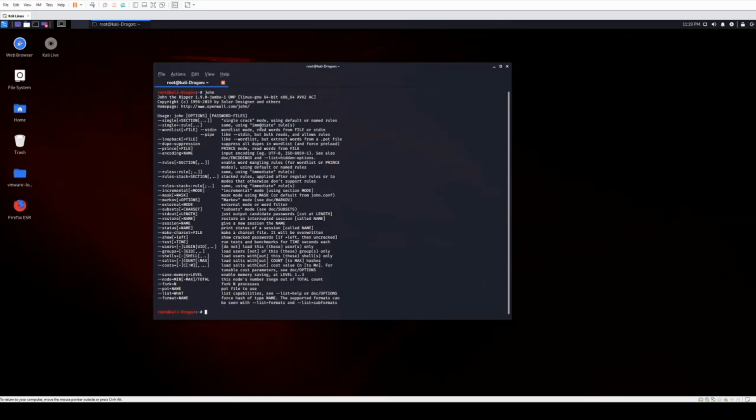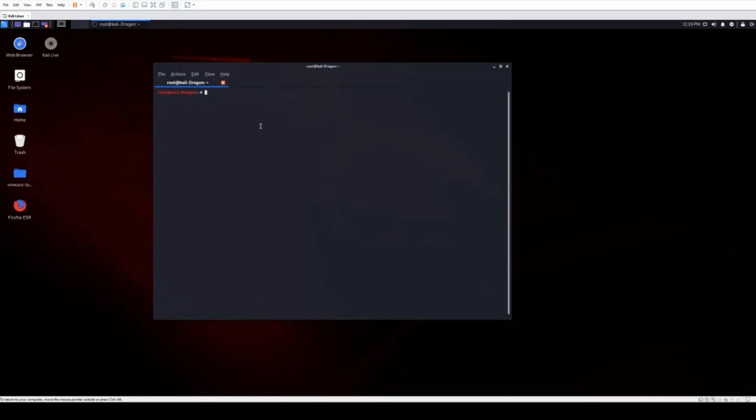Most of the time, unless you're getting into some serious advanced configurations, you're not actually going to use that. That's if you want to input your own salts, different types of encodings or rules. But to make it simple, here's what we're going to do. We're going to pull up John the Ripper, and we're going to ask it